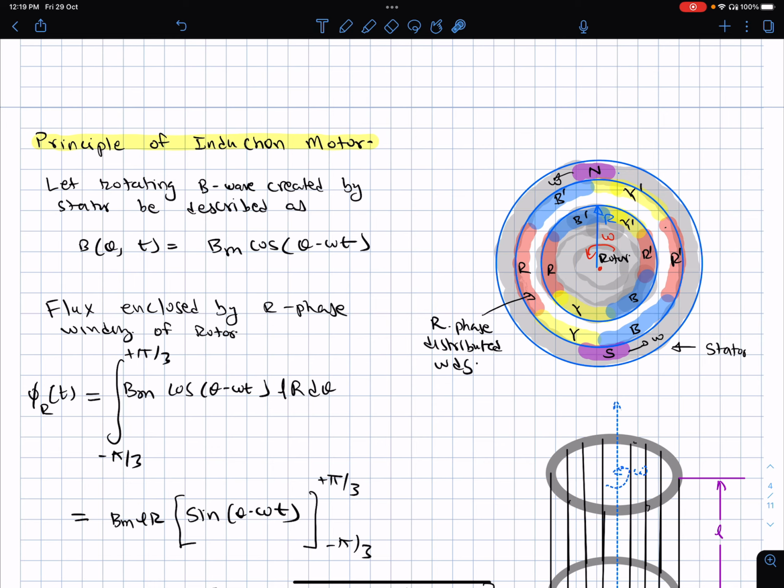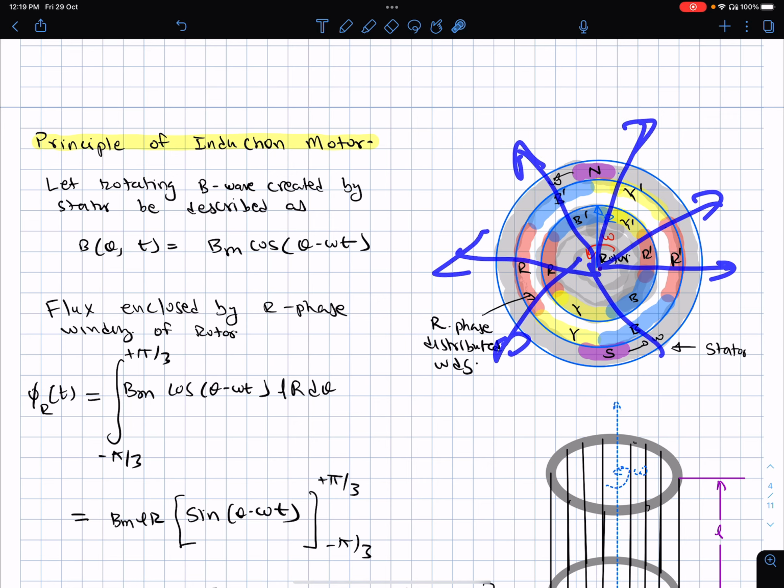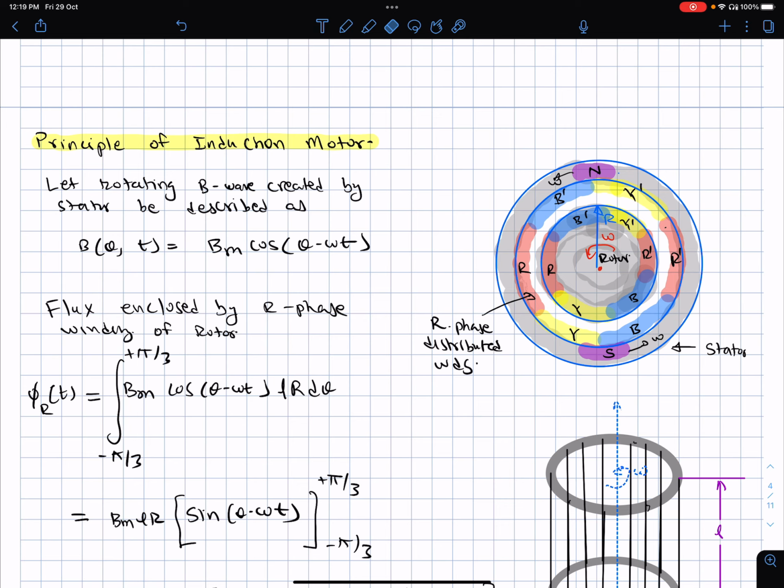We spread them spatially, and then when we excite three-phase currents through them, I am right now talking of the stator, then we get a rotating mmf wave, rotating at the frequency omega of the supply. Now, you could also increase the number of poles effectively, and I have discussed that theory earlier, wherein p by 2 omega m is equal to omega s, where p is the number of poles.